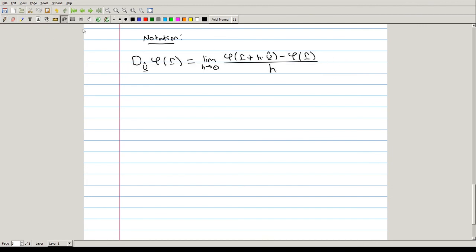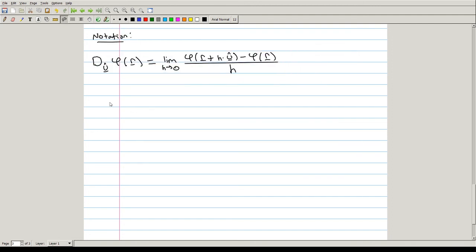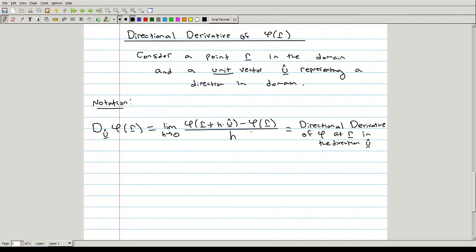This is called the directional derivative of the scalar field phi at the point R in the direction u hat. The reason why it's important to specify all of these is because in general a scalar field, let's